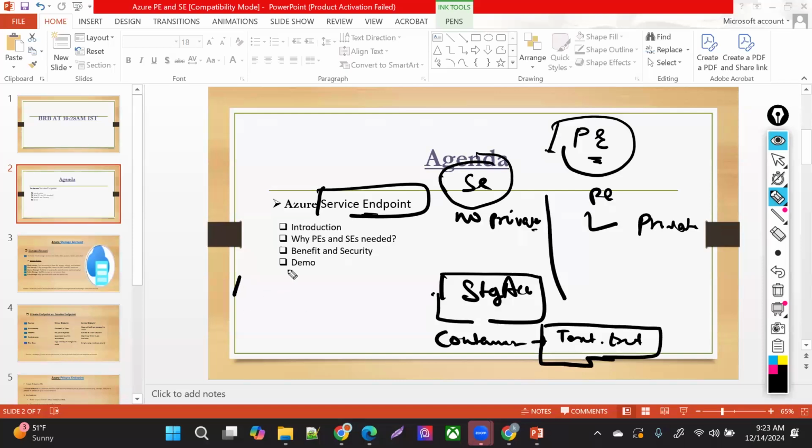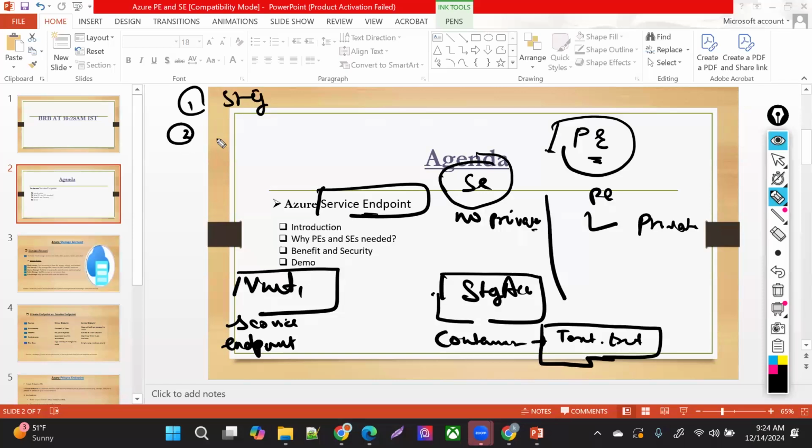Let's see. You have one VNet here, VNet one. You are going to create that service endpoint within that VNet. I'll show you how to create that service endpoint for services like storage account. There are some limitations, only limited services are supported, but services like storage account, key vault, function app or any other supported service have some tags defined.